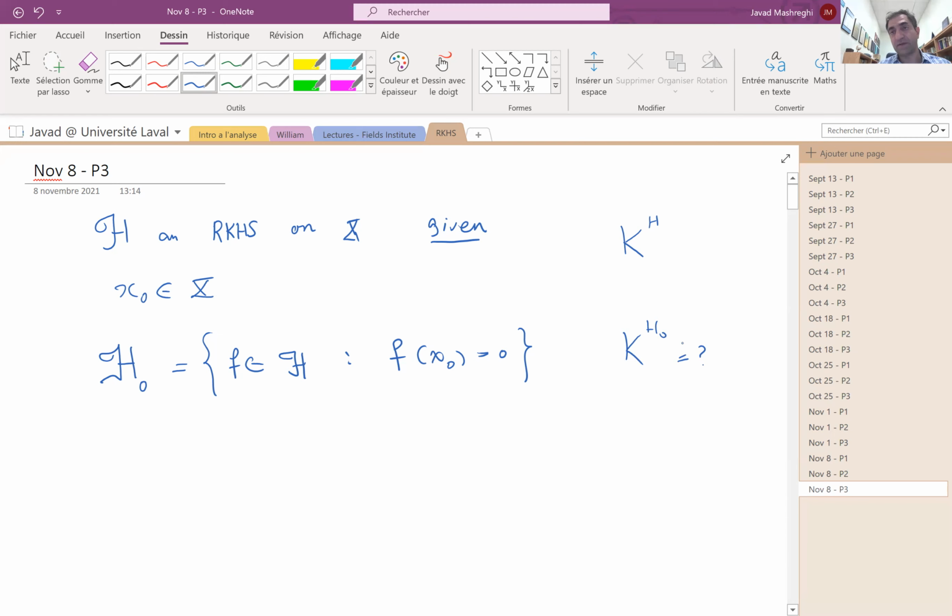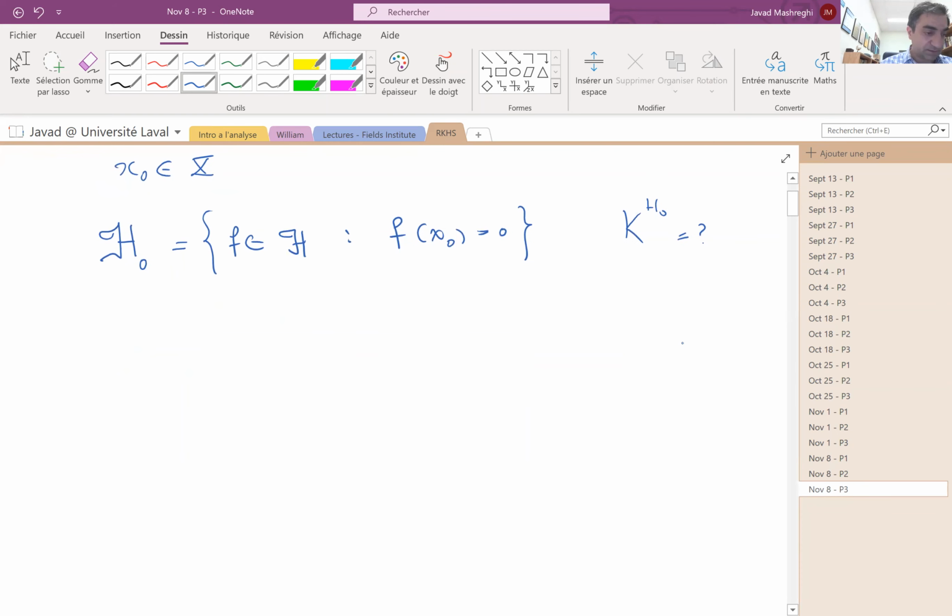In a sense, we answered this question before by saying that K_H0 is the projection of K_H onto the space H0. True, that's the answer. But give me an explicit formula. This is what we want to do. And it's not difficult indeed to obtain this result